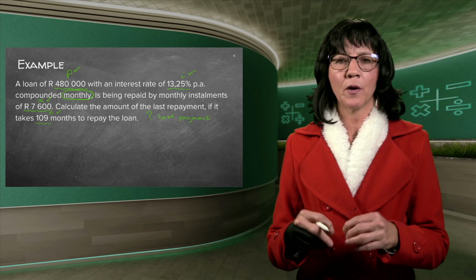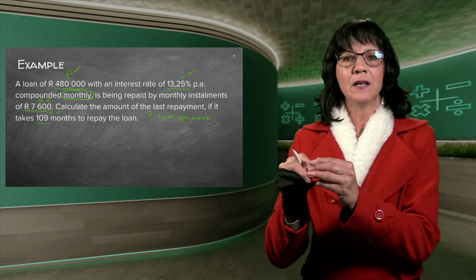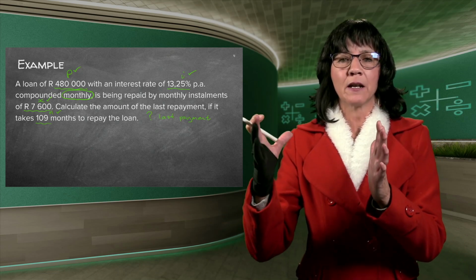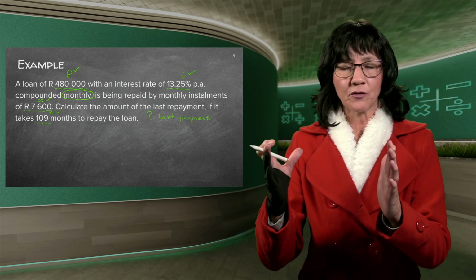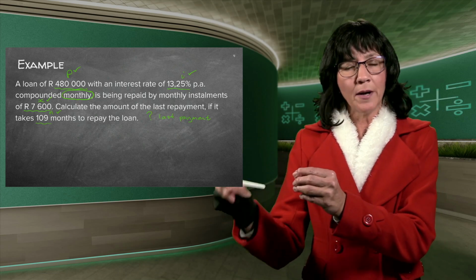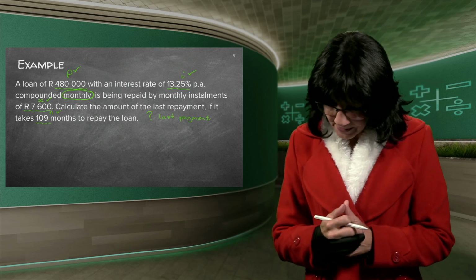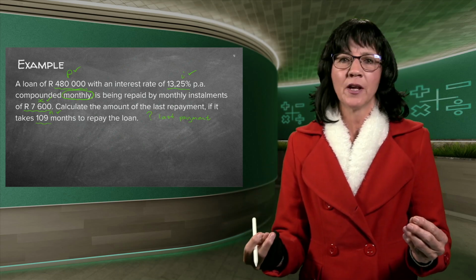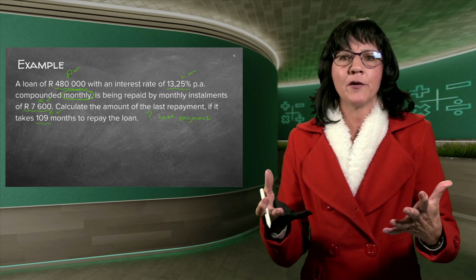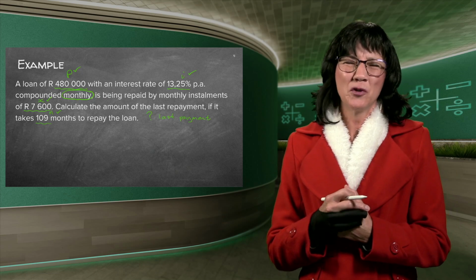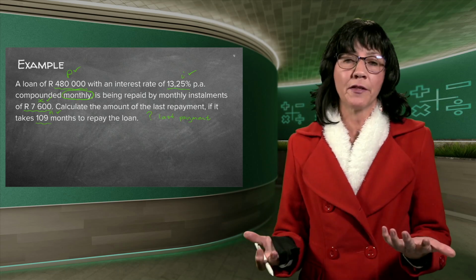The last payment. Now to do this problem, we use the normal P formula, but we only use it up to the second last month. In other words, 108 months. Because the minute you get to 108 months, there's one month left, and normally that amount is a little bit smaller than all your normal payments, especially if it's a nicely rounded off number. If you recall in previous lessons, we said the monthly payment is, say, 9,009 Rand and 96 cents, which you will not really pay back. You'll rather round it up and make it a nice round number, like this one is 7,600.